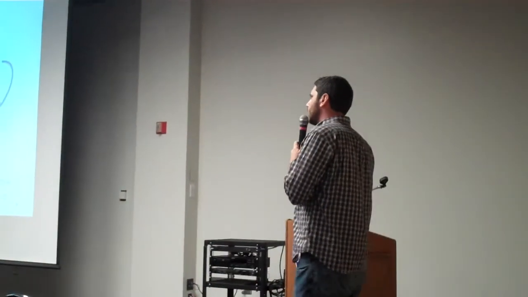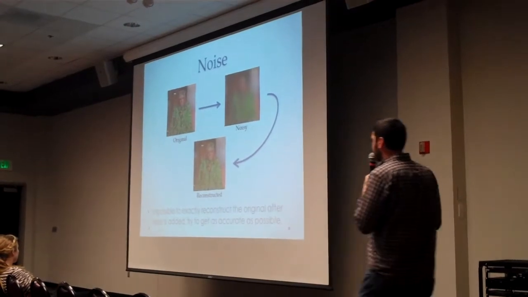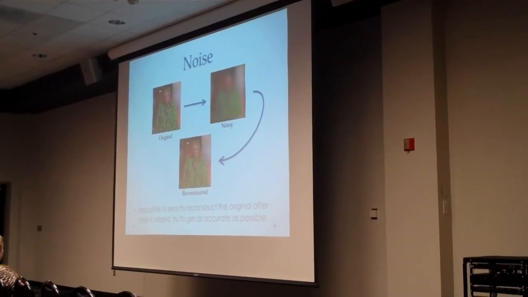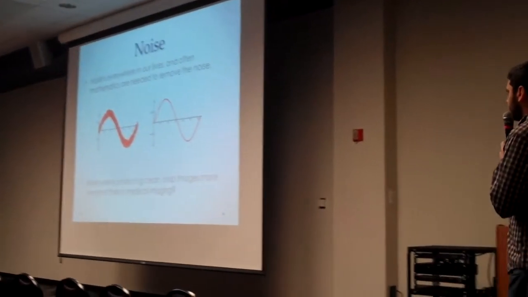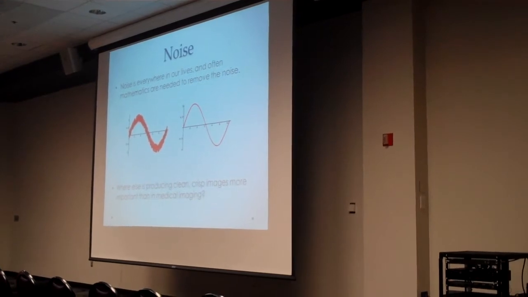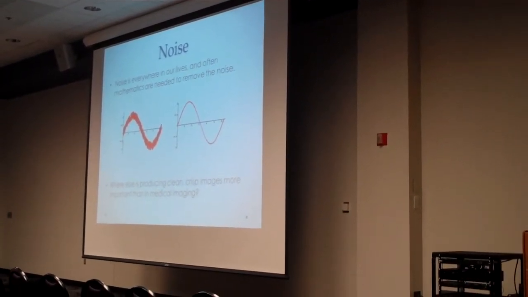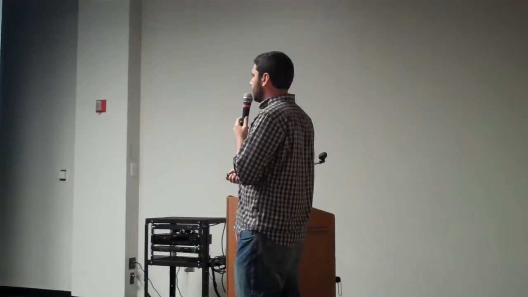So what's really going on here is all we have access to is this noisy image. We're not going to be able to reconstruct it exactly, but as math gets more and more advanced, we get better and better reconstructions. The point is, noise is everywhere. If you think of your TV, that's denoising a signal. Your radio, that's denoising a signal. You're on a cell phone, that signal is traveling all the way up to satellites. It's going to encounter some noise, and the goal is you want to take the noisy image